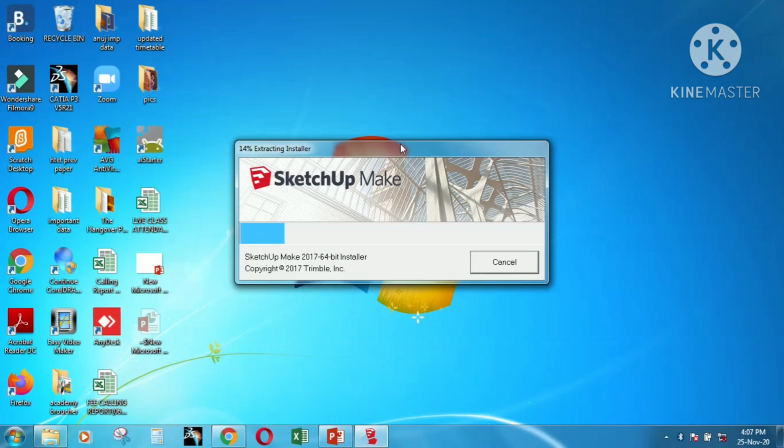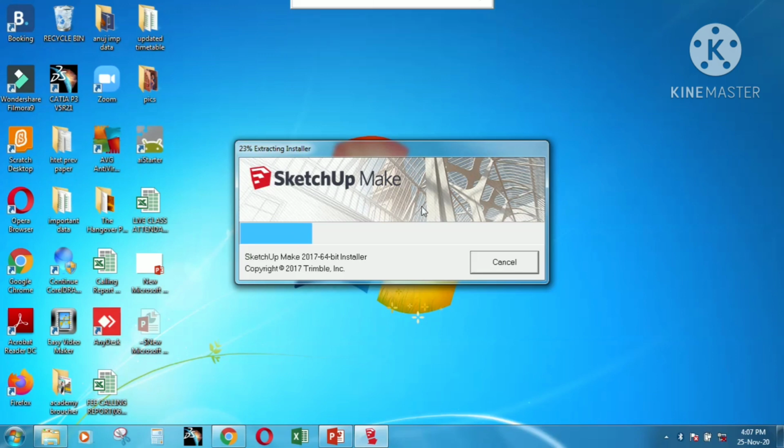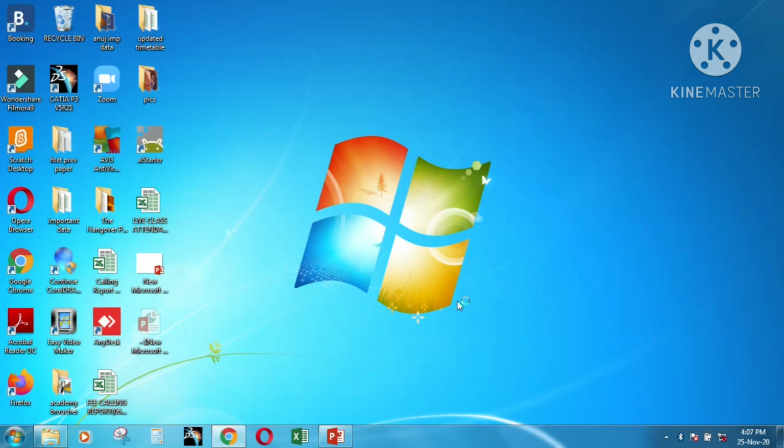So it is the SketchUp Make installer. Whenever you are downloading any software, you need to be patient because it totally depends upon your internet speed. So it will take time.